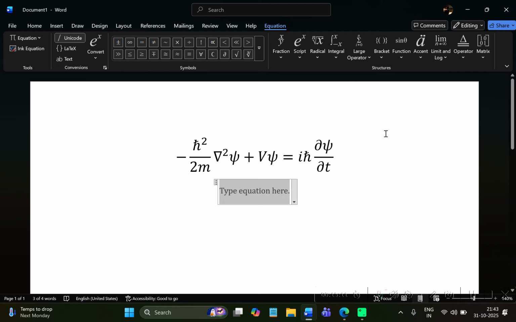So yeah, more or less everything. Let me show you some other stuff as well. What else can I show you? If you want to write some complex equations, tell me about some other equation except Schrodinger's equation. For instance, let's say you want to write